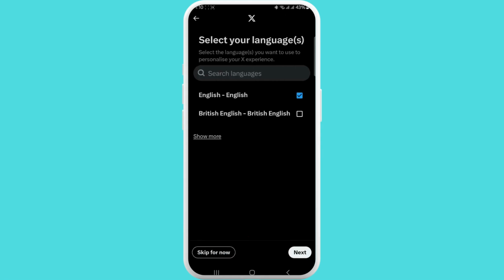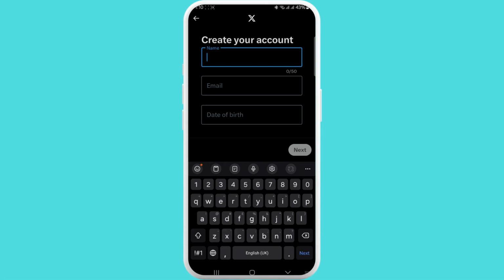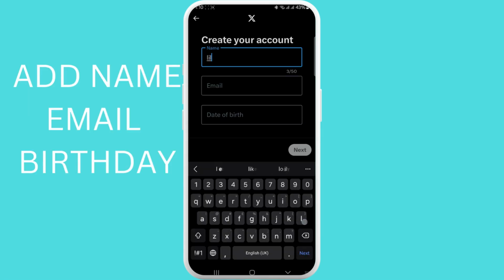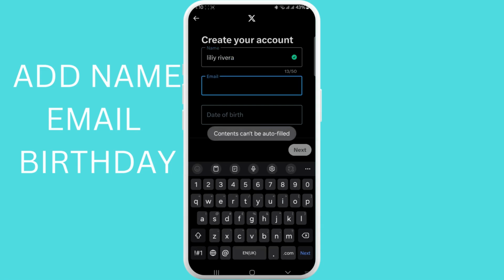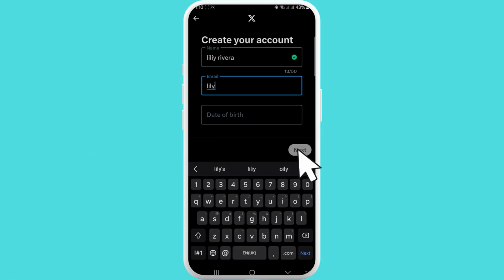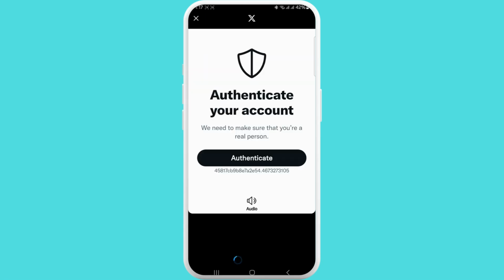I'll choose English. Then you'll come across create your account. Then enter your name. I'll type my name and then your email address. Then also add your birth date. Then click on next. After that, you have to make sure that you are a real person, so